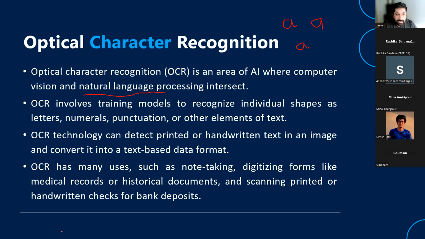Okay. And OCR is where computer vision and NLP intersect, because computer vision is going to detect that, oh, this is what looks like a character. And NLP will be like, I know this guy. This guy has terrible handwriting. This might look like an A. Does that make sense? Give me a thumbs up if it does.